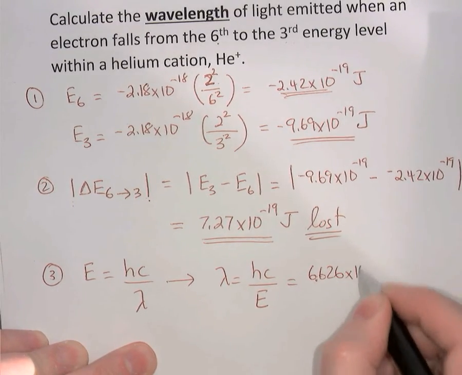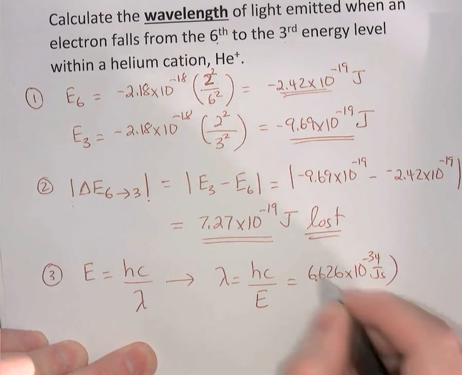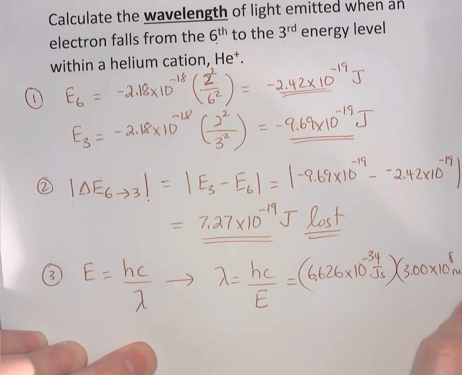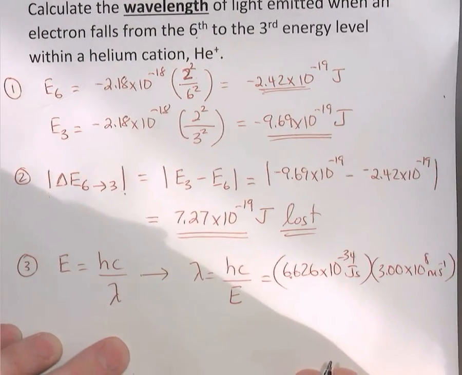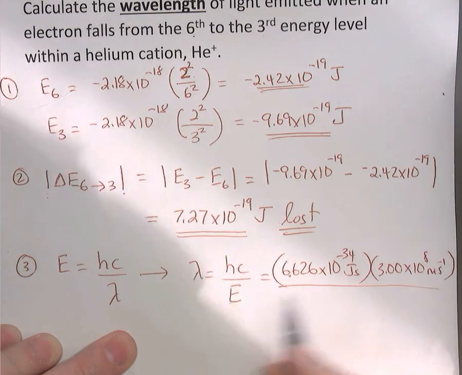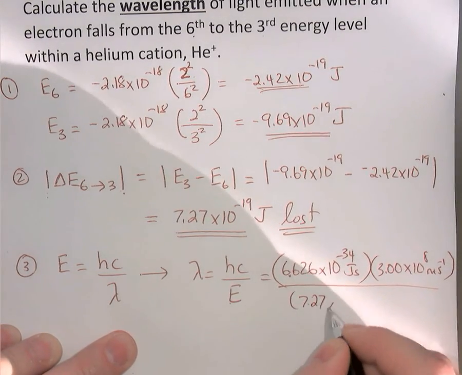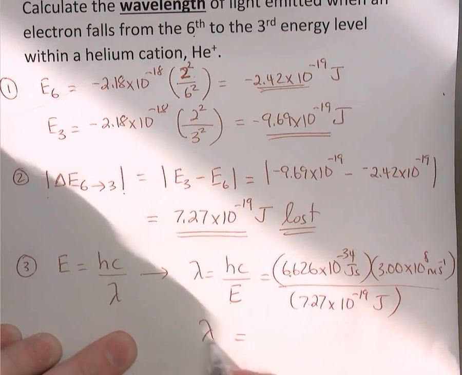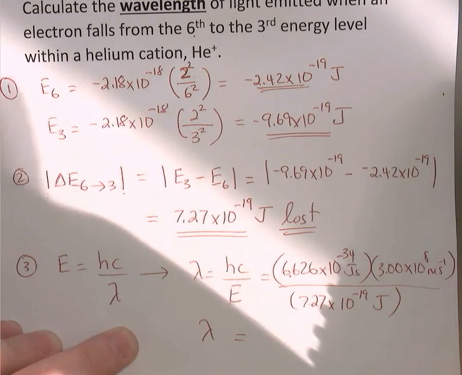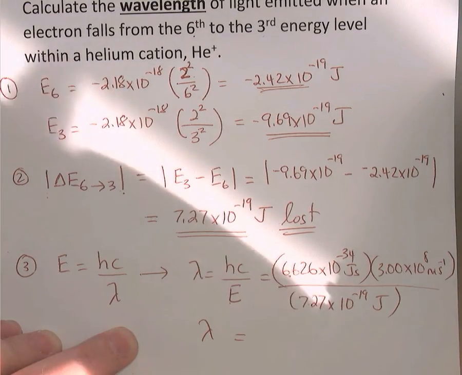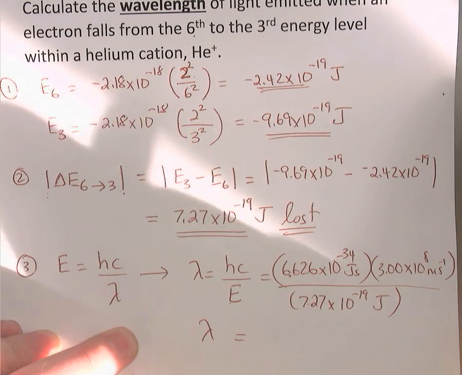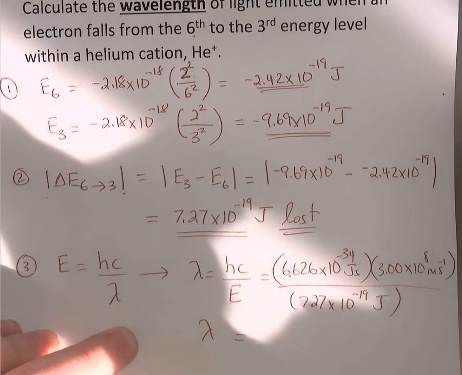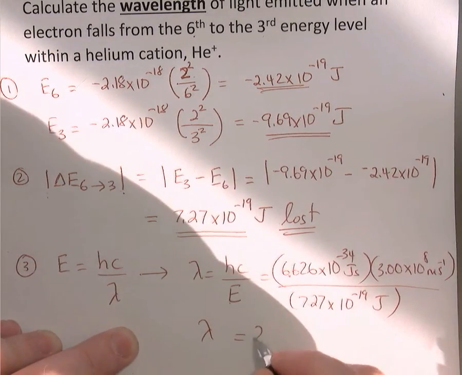So 6.626 times 10 to the minus 34 joule seconds, Planck's constant, 3.00 times 10 to the 8 meters per second, speed of light, and then divide that by the energy loss, which was 7.27 times 10 to the minus 19 joules. And that's going to give us a wavelength of 6.626 times 10 to the minus 34 times 3 times 10 to the 8, and divide by 7.27 times 10 to the minus 19, we get 2.73 times 10 to the minus